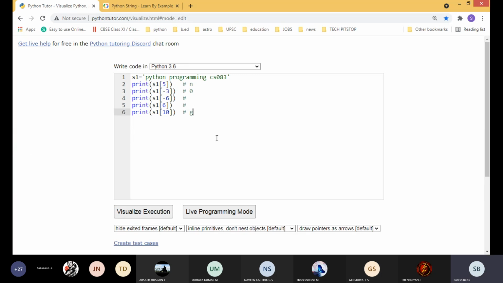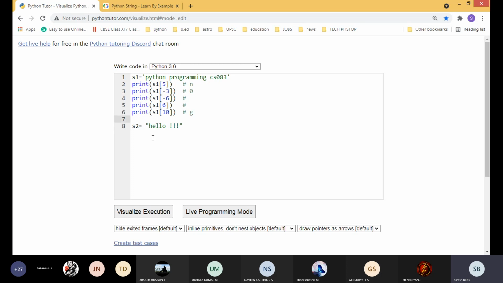Everyone noted? Yes, sir. So once again, I tell you, S2 equal to, if I give hello, you can give it in single quotation or double quotation. Both are the same. Okay, so this is the string I am using.